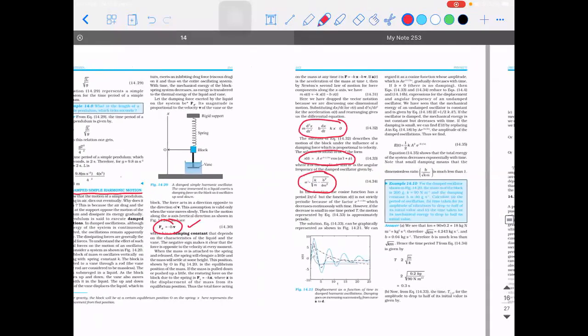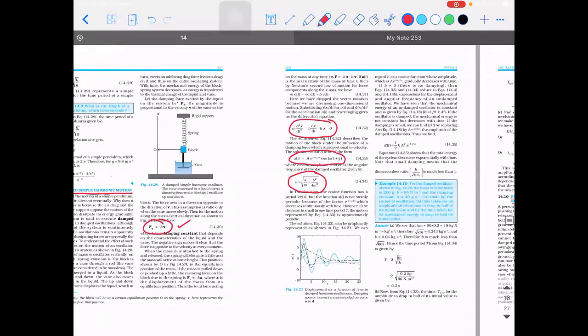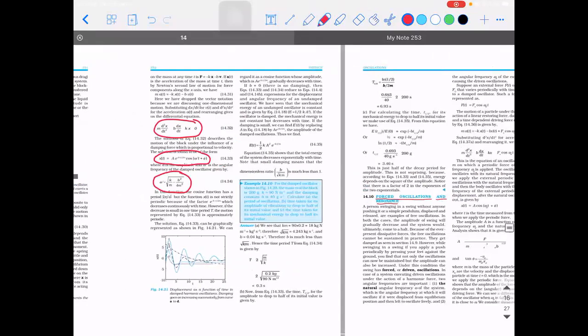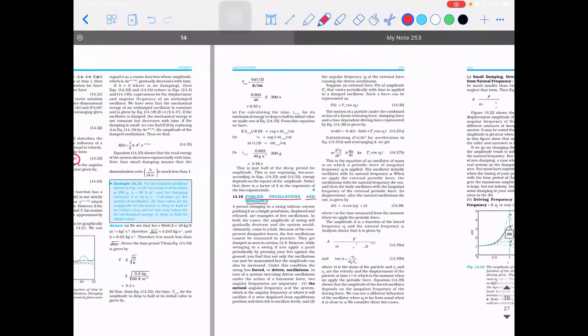Guys, are you able to understand? So to put it in simple terms, if you want to understand what is the meaning of damping, what is it? Damping means decrease in amplitude of any oscillation. That's it. So next time onwards, if I ask you what is the meaning of damping, you just need to use the word amplitude and decrease in its value. That's it.